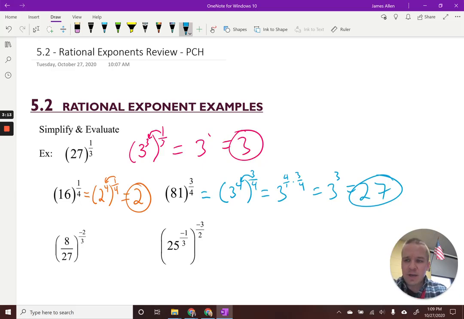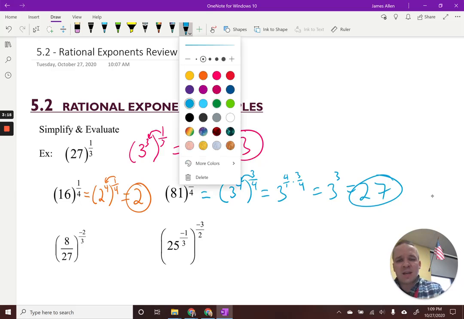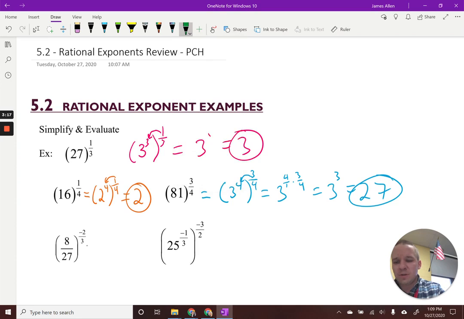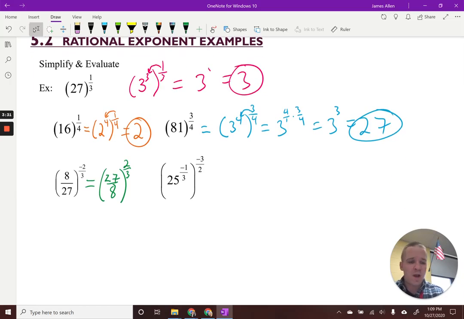All right, this one here. Oh my goodness, I am dealing with a negative exponent. What are we trying to throw our way here? How about I go ahead and flip it, and now I have positive 2/3. Now what I'm going to try to do is rewrite, I'm going to need a little more space here. I'm going to rewrite both 27 and 8 as something to the 3rd power. 27 can be written as 3 to the 3rd, and 8 can be written as 2 to the 3rd